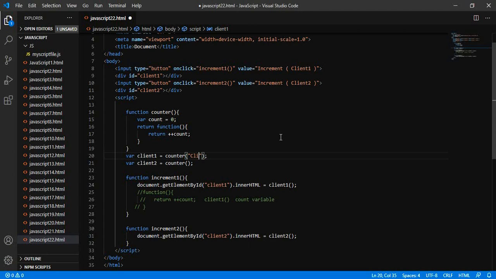So let us say it's client 1 and it is client 2, and this counter is taking client name as a parameter, and here we are trying to print the client name, then progress.